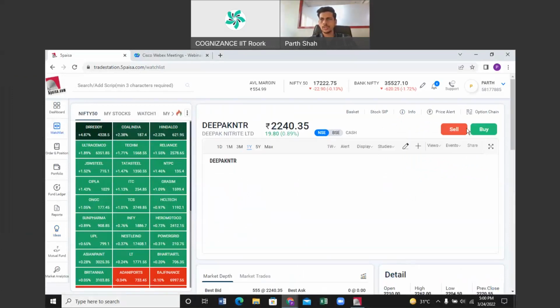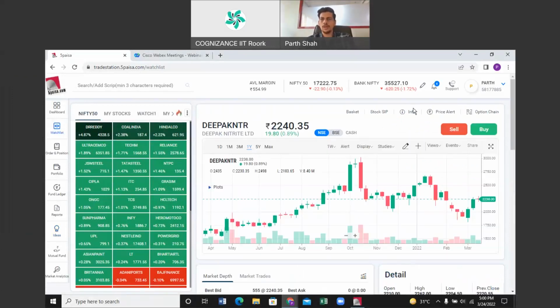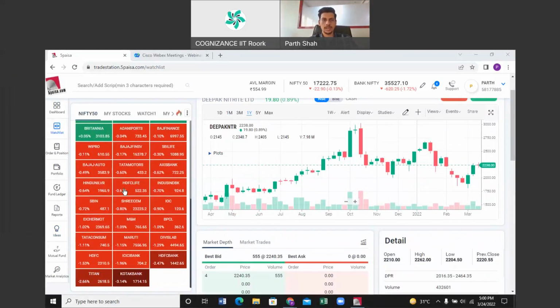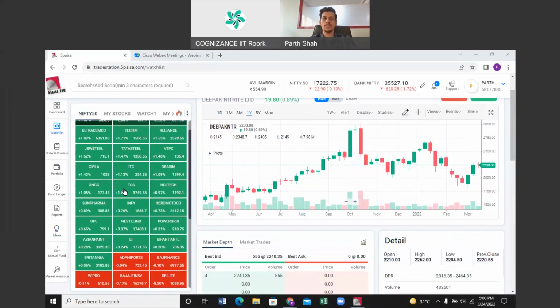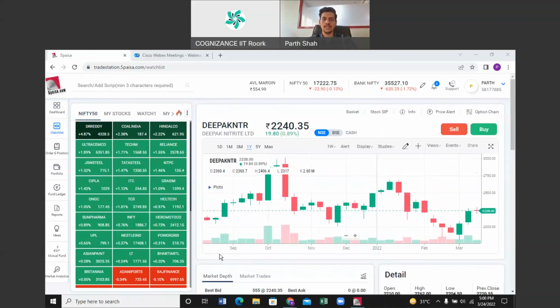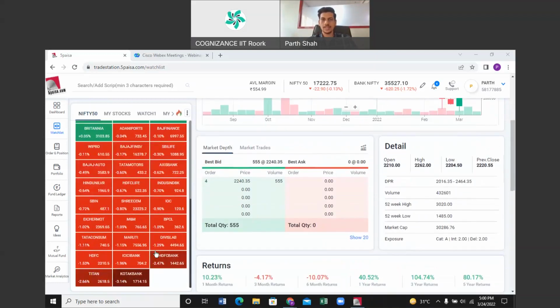Okay, so this is 5paisa's web trading platform. On the left hand side, what you can see is a heat map, a really good tool to quickly know what is going on in the market, how many stocks from the Nifty 50 are currently in red and currently in green. So how many of the stocks from the Nifty 50 are advancing or declining, and that is color graded based on the percentage change.